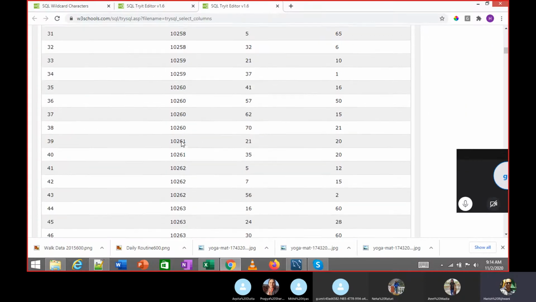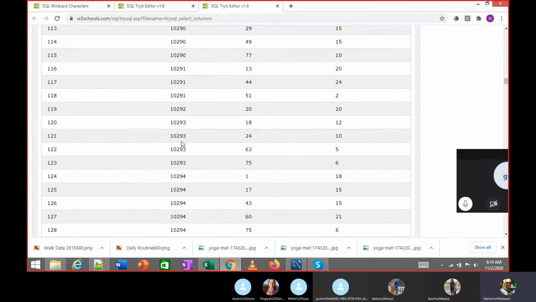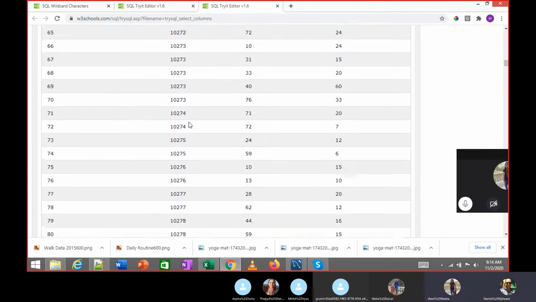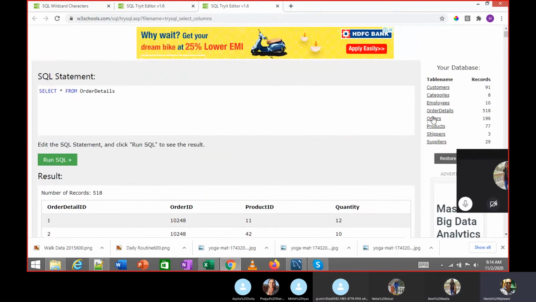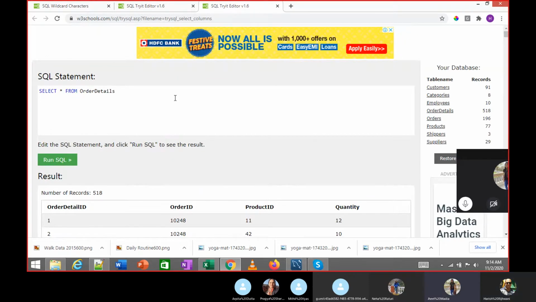This is a numeric value. So we are saying we want orders above this value, 10,300. Order details is a new table. Order details is a separate table over here, right? It's not in the data that we put in MySQL Workbench, right? No, it's not in there.